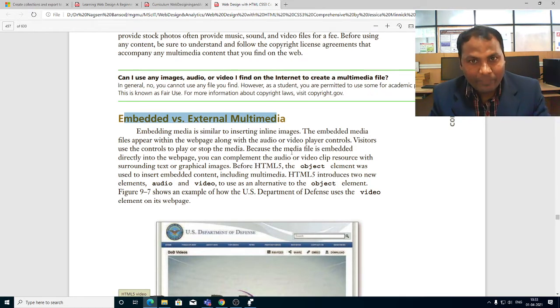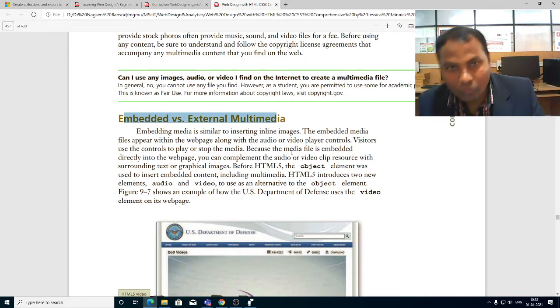Okay, and offline, this file will play on their computer only if there is a media player on their computer or their mobile phone. Likewise, as you can see with WhatsApp, if someone sends a video file to us, if you have a media player, then it will play, otherwise it will not play. That is the external file. That file is not from your mobile phone.